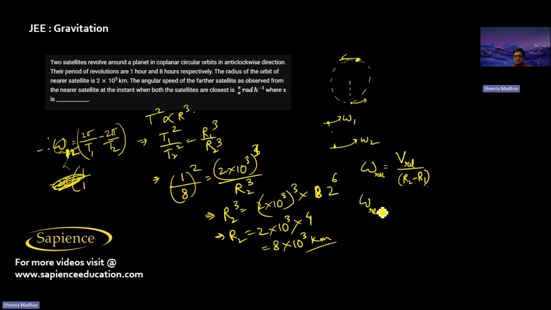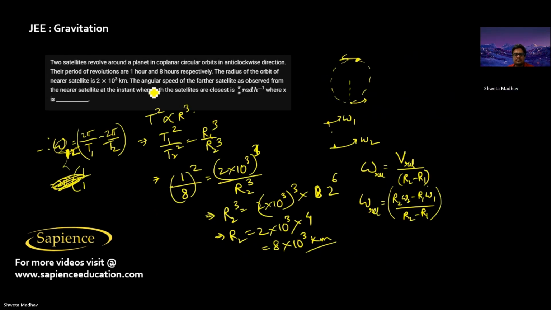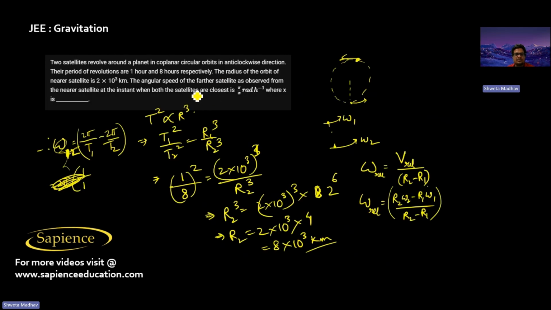Angular speed of the farther satellite, so that is V relative, that is R omega, (R2 omega 2 minus R1 omega 1) divided by (R2 minus R1). This we have to do. So therefore, for omega relative, that is the relative angular velocity, angular speed, relative angular speed,